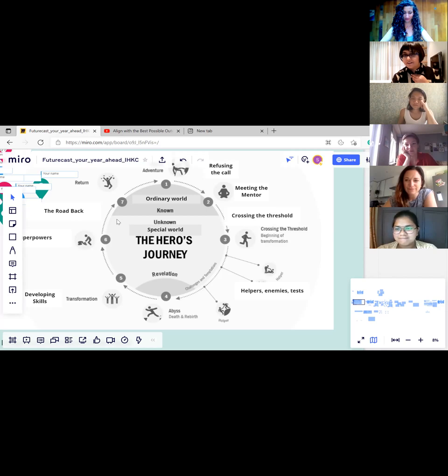So, basically, this is what we're going to do in this first activity: we are going to consider our own life and consider which stage of the journey we are on. So, the premise is basically, we are not always on a hero's journey. There are times in our life when we are called to be on a hero's journey, and especially with all that happened last year, many of us, especially all of us who are on the leading edge, are kind of in a hero's journey in one or other area of our life.